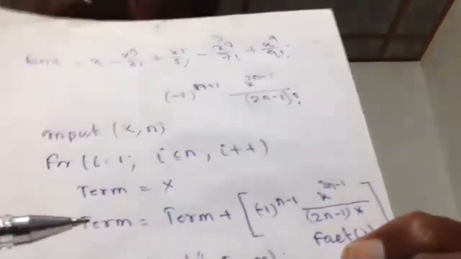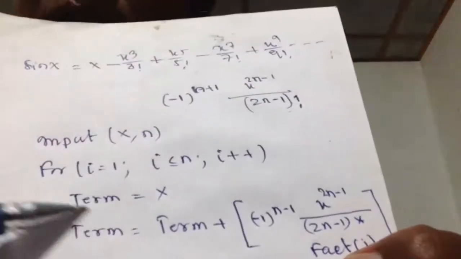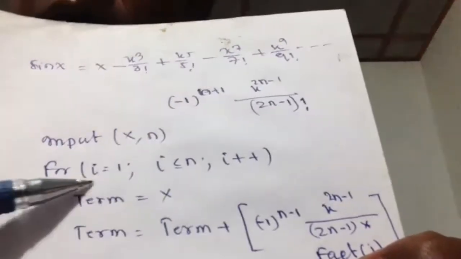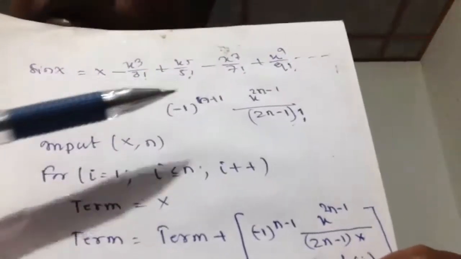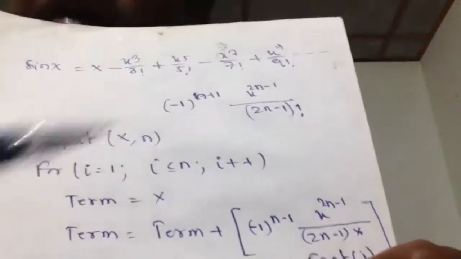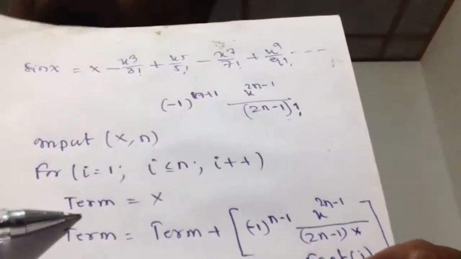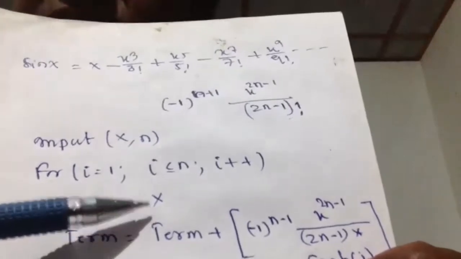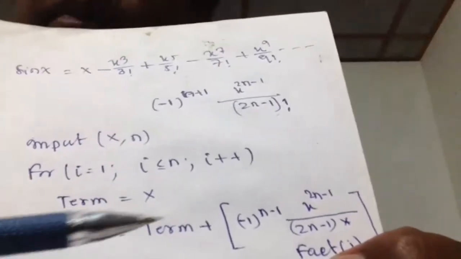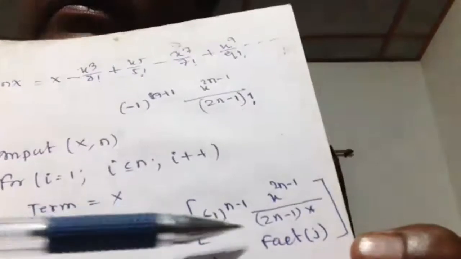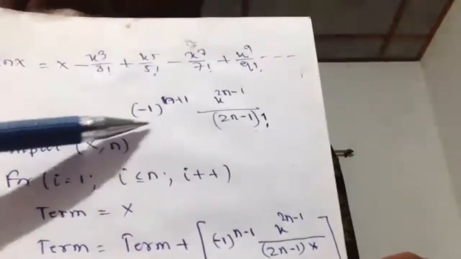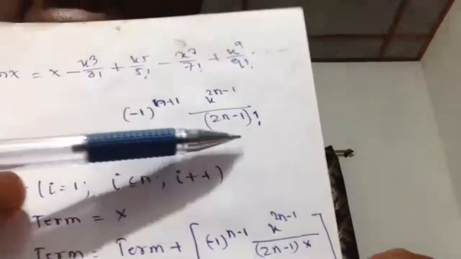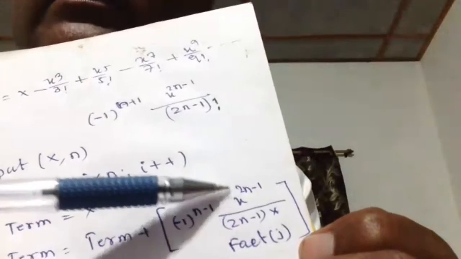Then this will work as sum equal to sum plus something, no? As I have discussed earlier, because this is a series, summing. So I am not using sum equal to sum plus. Instead of this, I put term equal to the first term. Then term equal to term plus this one. And finally, the factorial. There will be one factorial in this expression. The factorial part, I call the factorial.